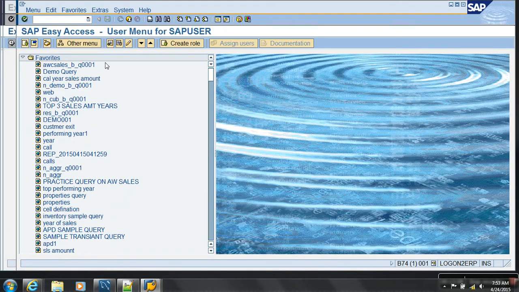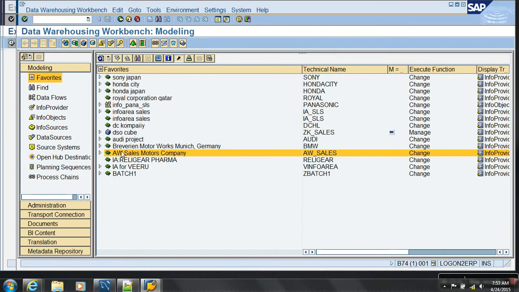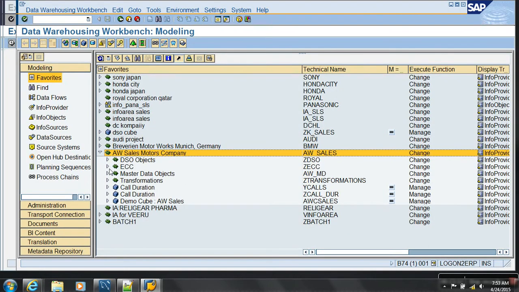I think my data source had data previously.